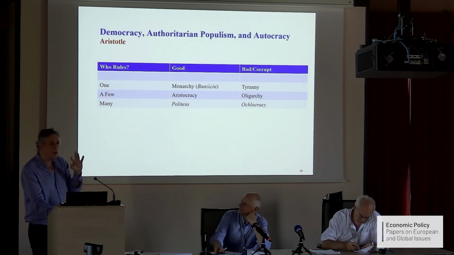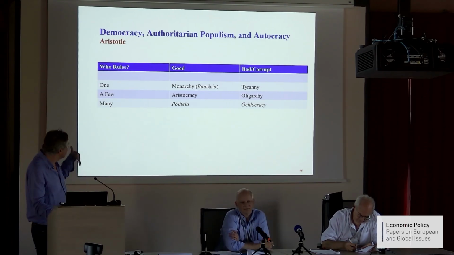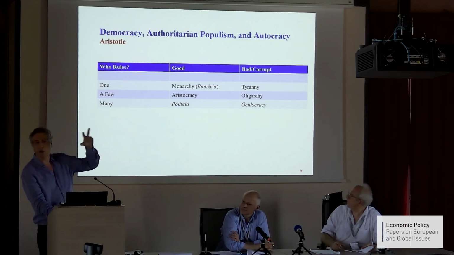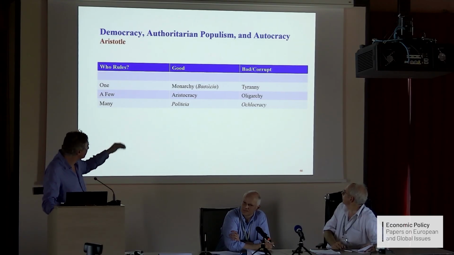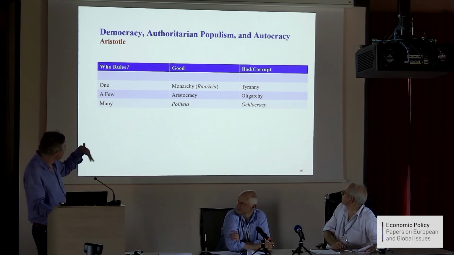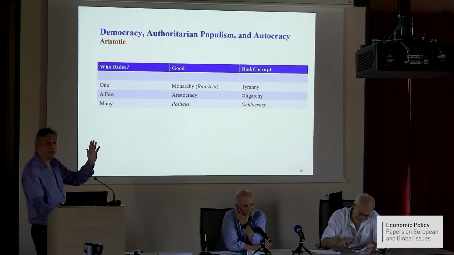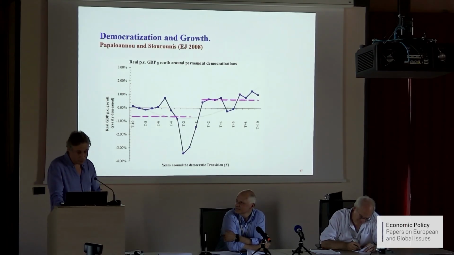In some sense, I think we are confusing two things with populism. One is what Aristotle called the corrupt version of a political system and the good one, with ochlocracy and politeia, if you like, being the vintages of democracy, the good and the bad, but also we have an oligarchy or a tyranny. So here we are somewhere in between, and we need to define things much more properly.